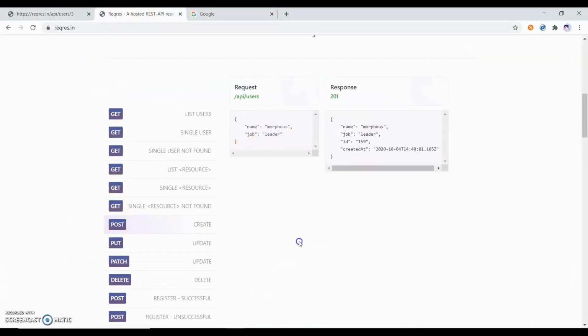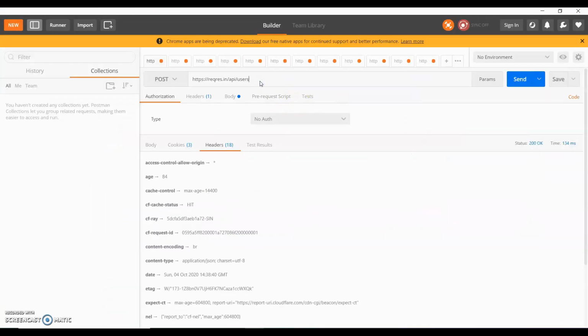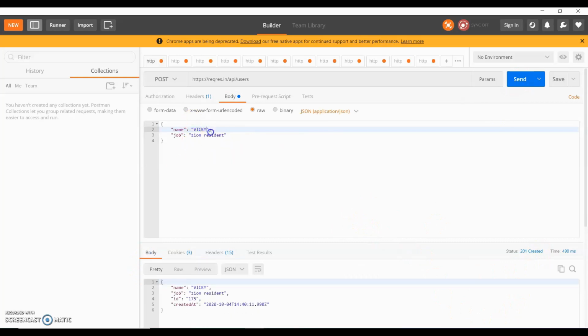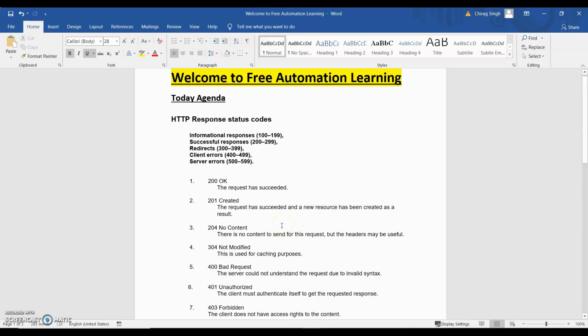For the post there is the user, and you can see this is 201. In the body I put Chirag and send. So you can see there is a 201, meaning we have created one data on the server, right? It gives created at. So when any data or resource is created on the server, it will be a 201. So post and put methods give a 201.